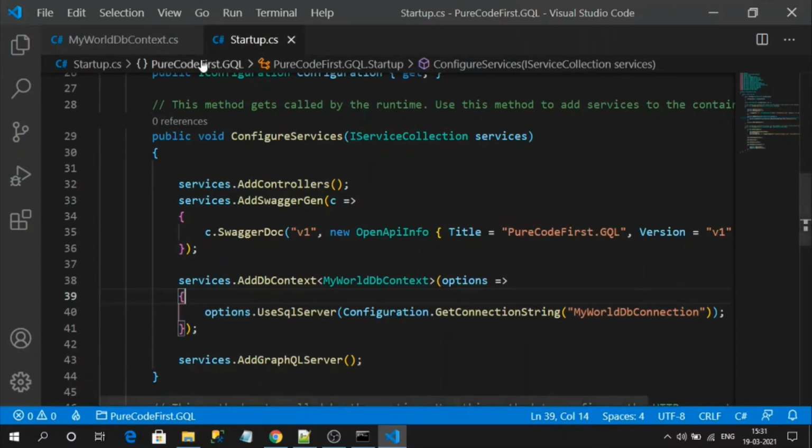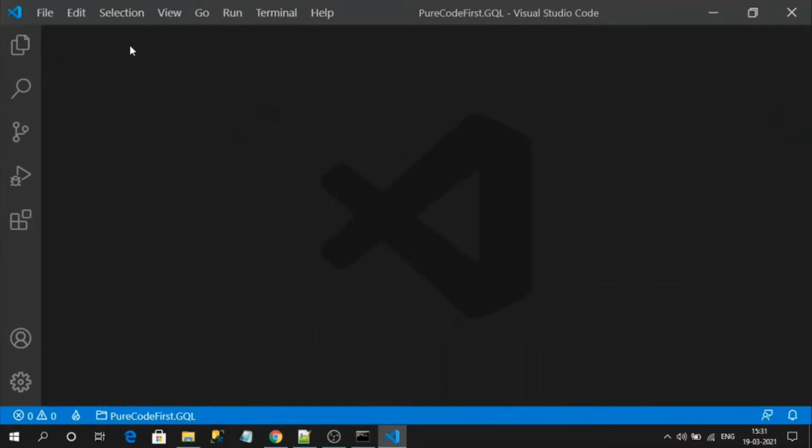I have already mentioned that GraphQL's main operations are query and mutation. Query contains all the resolvers. Resolvers are nothing but the methods for fetching the data. Similarly, mutation contains resolvers or methods to update or save the data.